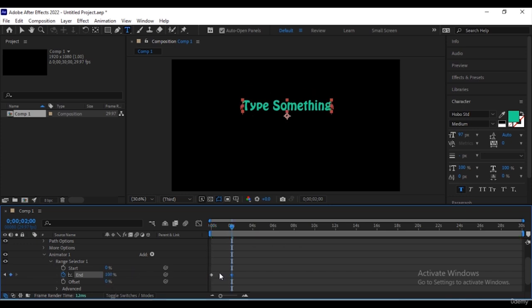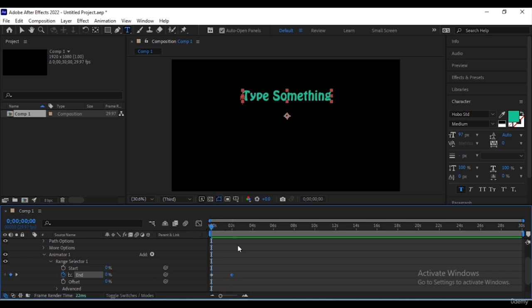Let's move this one from 0 to 100. Let's see what it does. So the T will go down first. How about if we shift the start to 100 value? And the N from 100 to 0. The last letter, which is G here, should go down first.